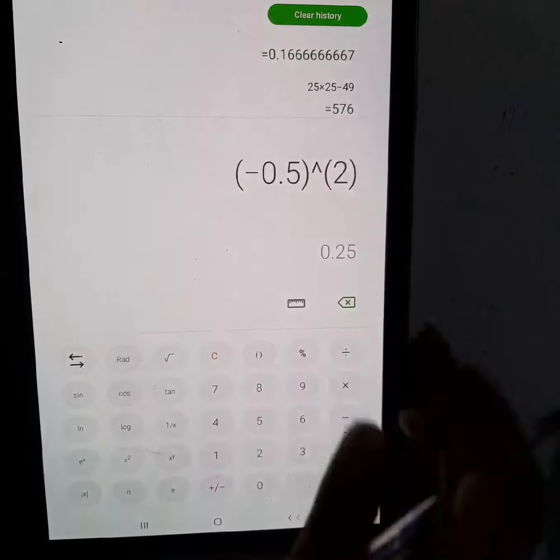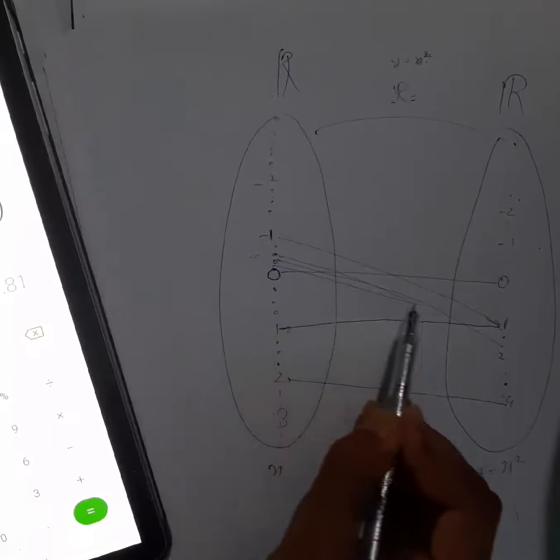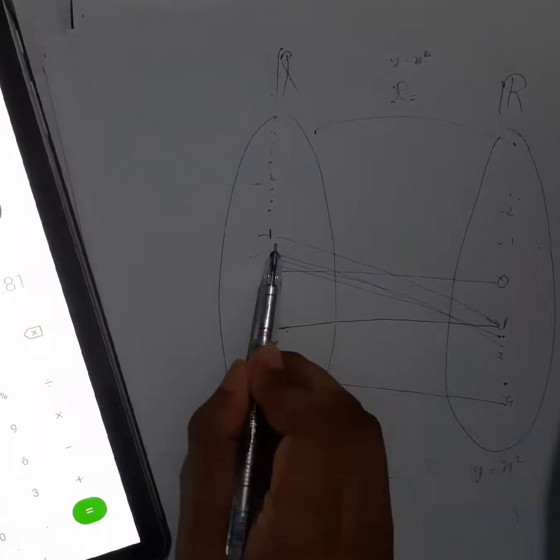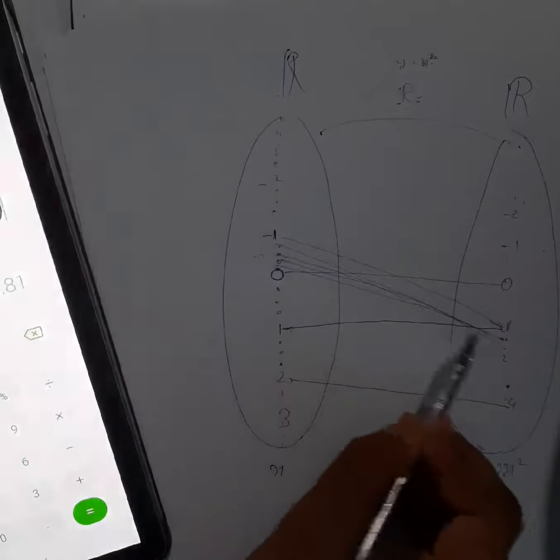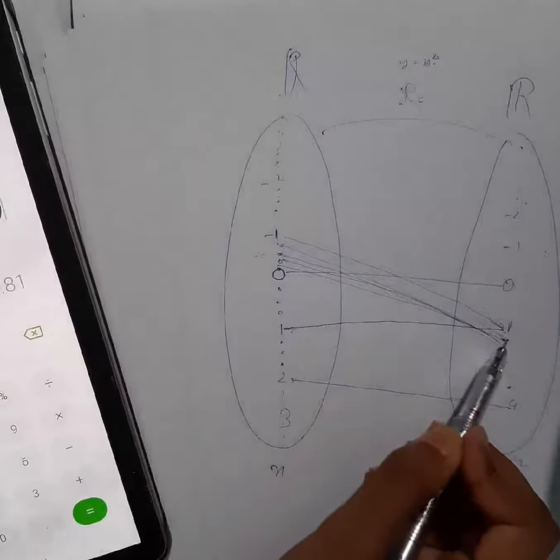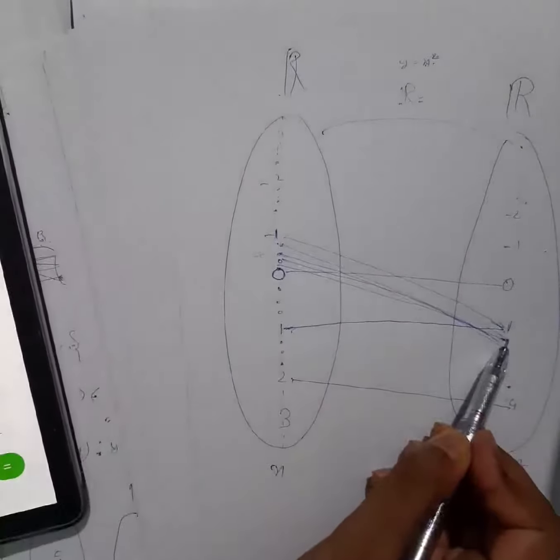0.9, you put it here, 0.9 whole thing square. If I take 0.81, so again it will lie. If I take here, it will lie somewhere here. Okay, in this way every value you take here, you will get some image here, and you will get a different value. Okay, you take from here, you will get, obviously, a positive value.